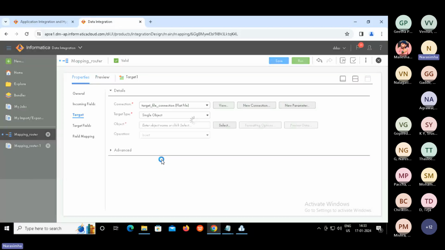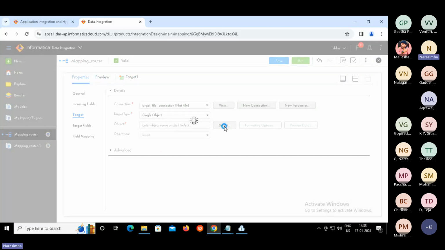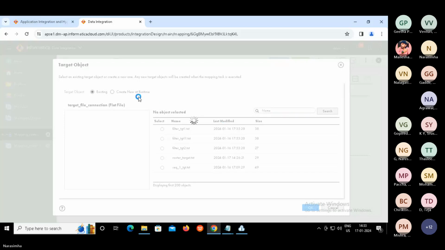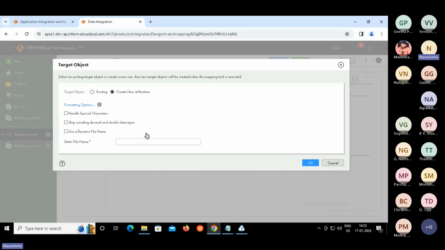Please select this and click on select button and select create new at runtime.